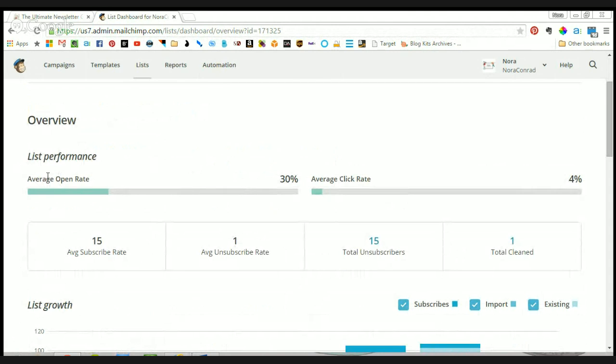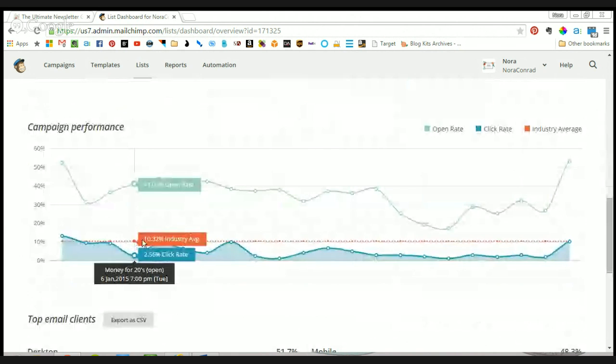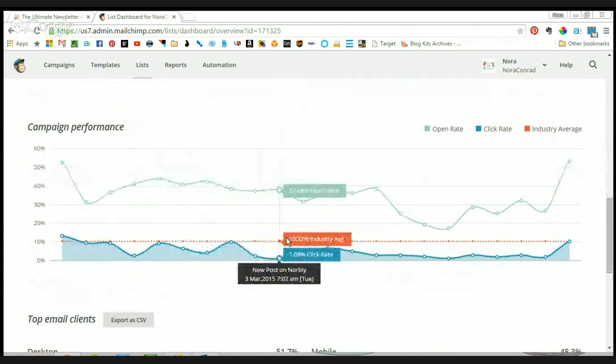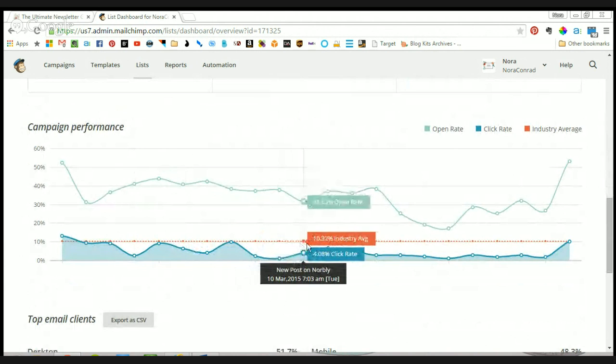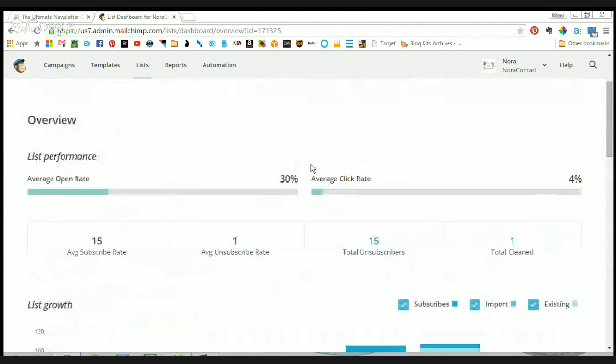This is the average open rate. So what percentage of the people that I email actually open the email? 30% is actually a really good open rate. Anywhere between 10 to 20% is usually average. If you scroll further down, you could see the industry average. So for the industry I'm in, it's a 10.32% open rate, which means I have a 20% higher open rate than